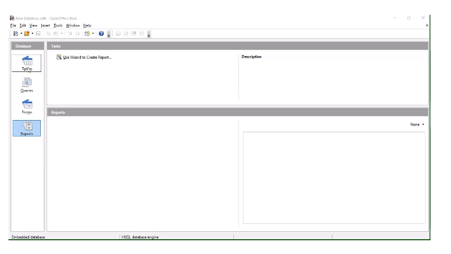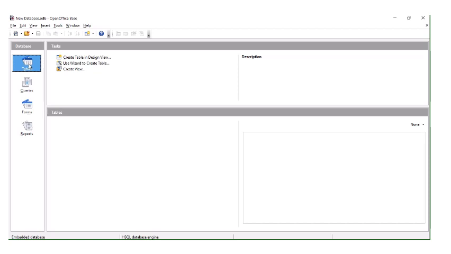Here you can see on the left pane there are 4 options: tables, queries, forms, and reports. Very first we are going to learn how to create a table. Now what is a table? That also we had discussed. Normally in a database all the data is stored in the form of tables. Around 90% of databases in the world use this technique to store data in table form, right?